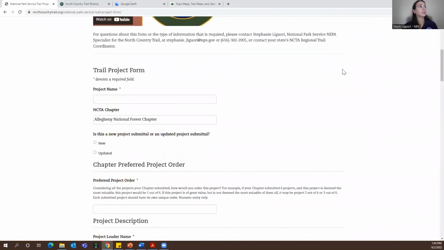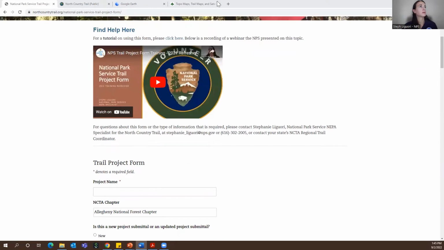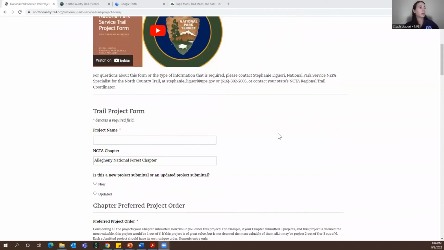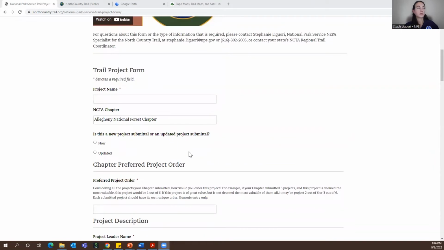All right, so here we have the trail project form. I hope this is sharing. Okay. And this year, you'll notice that there is an option right here to choose if your project submittal is new or updated. In most cases, you'll be submitting new projects that have not been submitted to the trail project